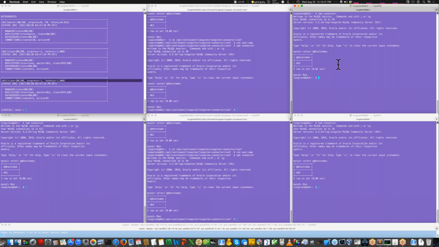You can shun a slave and bring it back. And if you shun a slave and you're doing reads from it, the connector will just repoint you to another slave or master. So that's not really a big deal. The big deal is the writable master. Let's deal with that. So here what I'm going to do is I'm just going to log into MySQL